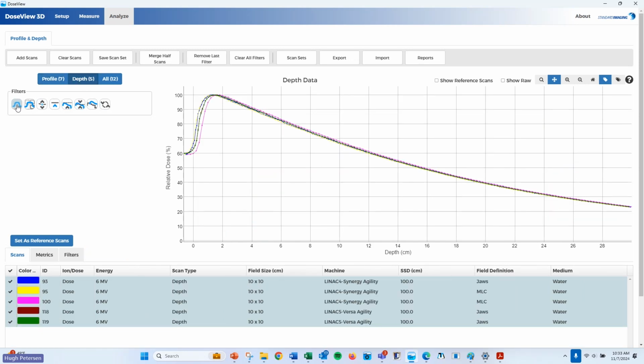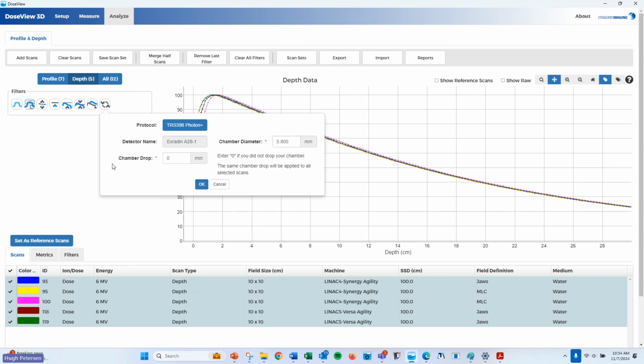For the depths, similarly, I've got a couple of smoothing filters. I've got the point edit. I've got a couple of normalization tools. I've got a shift tool, and then I also have a convert to dose tool. So when you are entering your chambers into the setup library, you also put in the inner diameter of the chamber. So when you do your dose convert, these are already all dose converted. You can see down here, if they weren't dose converted, it will give you the ionization numbers, and it'll say ion versus dose. But I can go ahead and you can see here, I can choose what protocol, whether I want to do TG51 or TRS-398 for my,